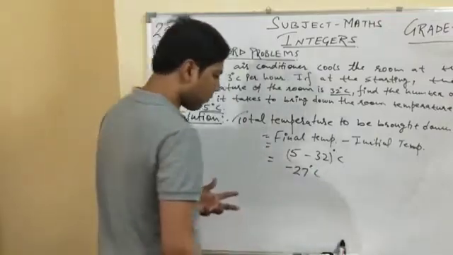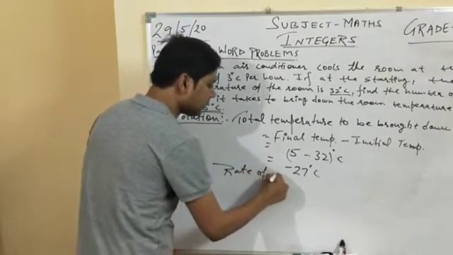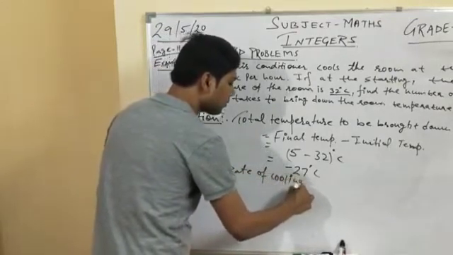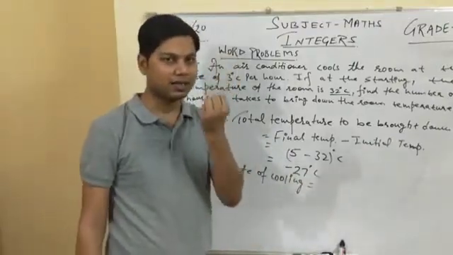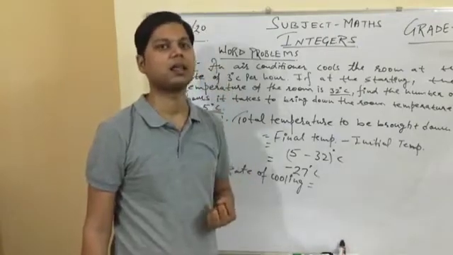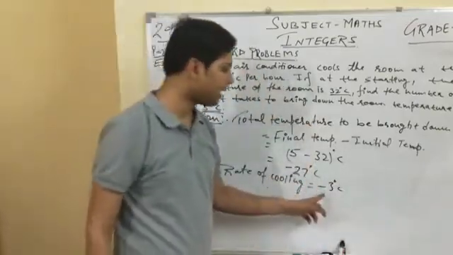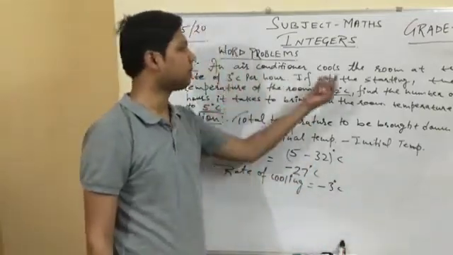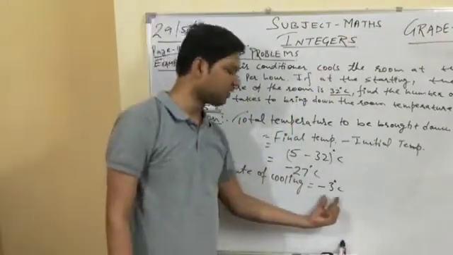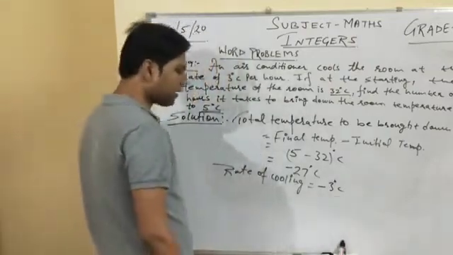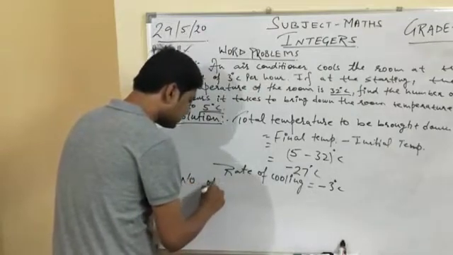Now rate of cooling. The rate of cooling is 3 degrees Celsius, but because we have to decrease 3 degrees Celsius, we have to write minus 3 degrees Celsius. Minus, why minus? Because the temperature cools का मतलब होगा कि टेम्परेचर कम होना, एंड टेम्परेचर कम होना मीन्स डिक्रीज, निगेटिव में जाएगा. ओके, नाउ वी हैव टू फाइंड द नंबर ऑफ आवर्स रिक्वायर्ड टू ब्रिंग डाउन,